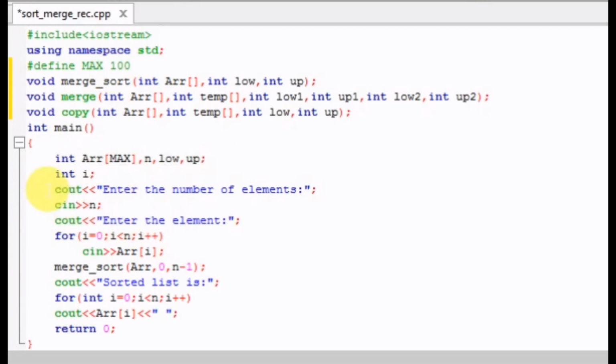Then we input the number of elements in the variable n, and then we input all the elements of the array at position i of the array ARR. Then we call the function merge sort with the arguments array, the lower bound of the array, that is 0, and the upper bound of the array, that is n minus 1. So let's see the block for this function merge sort.